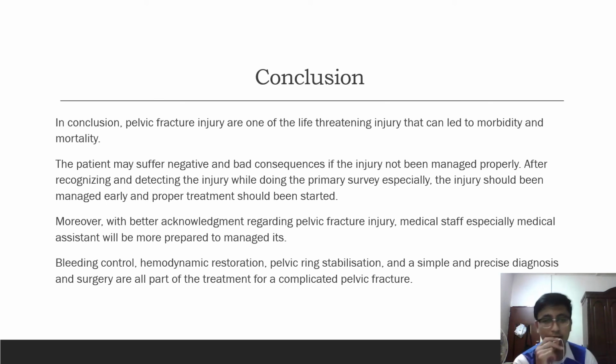Last but not least, in conclusion, pelvic fracture injury is one of the life-threatening injuries that can lead to morbidity and mortality of the patient. The patient may suffer negative and bad consequences if the injury is not managed properly. After recognizing and detecting the injury during the primary survey, the injury should be managed early and proper treatment should be started. Moreover, with better analysis regarding pelvic fracture injury, medical staff, especially medical assistants, will be more